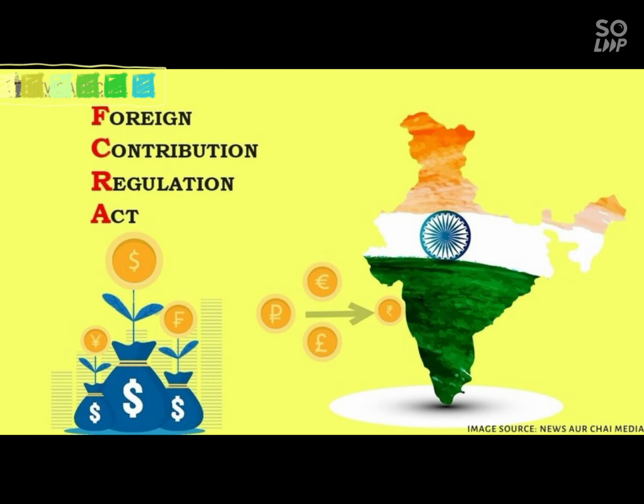The MHA just said that you can't add any other nationalized bank or any private bank to the FCRA nowadays. You should add the State Bank of India with a Delhi IFSC, which means the Delhi branch account number is required. For this purpose, I will tell you how to create a State Bank of India Delhi account number. You directly go and visit your nearest State Bank of India.